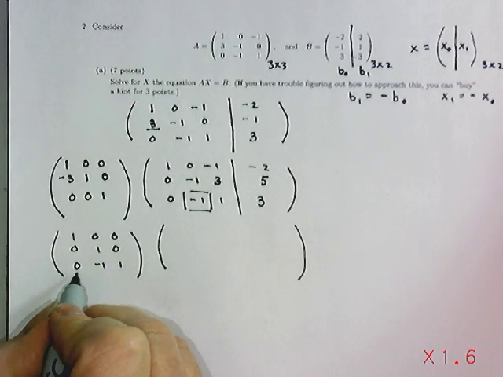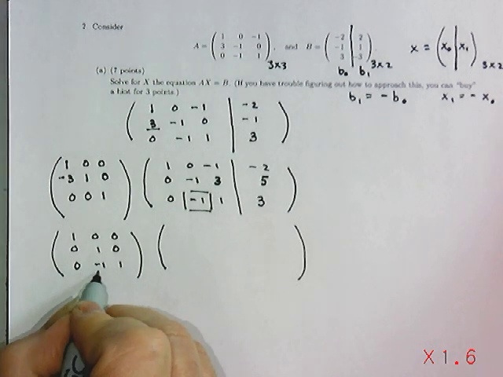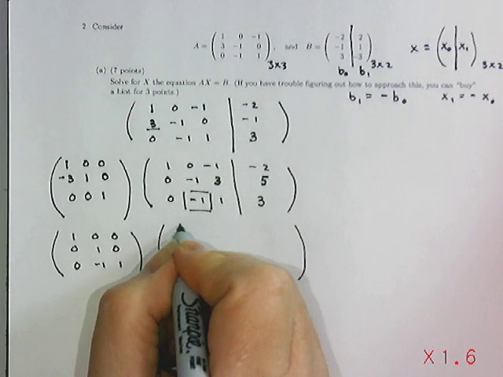So the Gauss transform will have entries in the last row of 0, negative 1, 1. The result will be